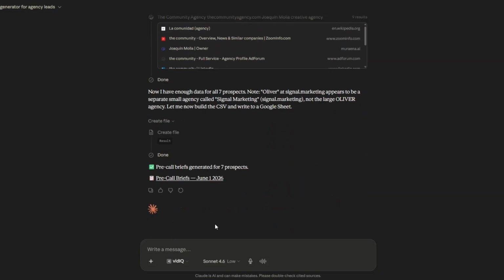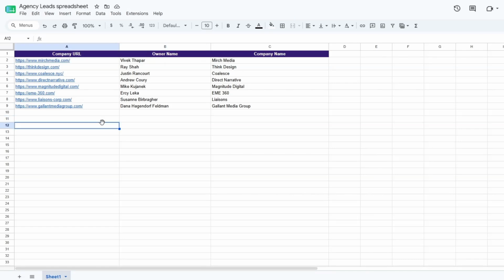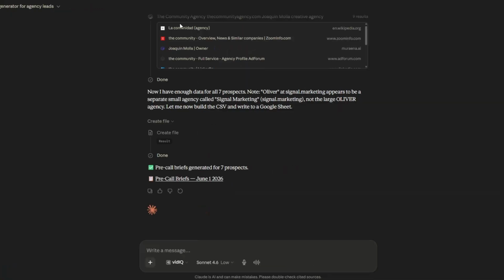So we can try researching a couple of more prospects using our skill right here in Claude. So now to do a research on different leads, I've updated our spreadsheet with new leads right here. Here are their company URLs, their owners, and their company names right here. So now to do a comprehensive research on these leads right here using our skill,